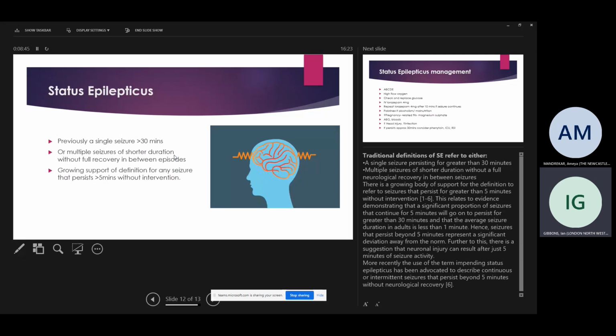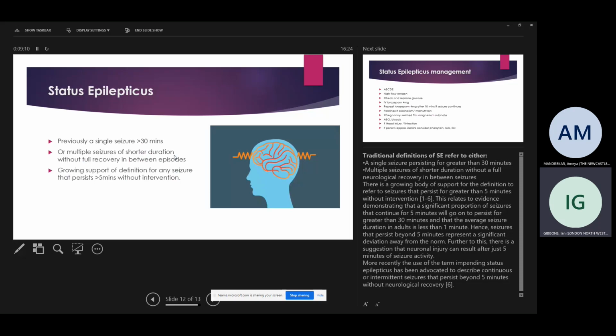So I'm just going to think here a little about status epilepticus. A lot of the traditional definitions focused around a seizure going on for more than 30 minutes or multiple seizures of shorter duration without full recovery in between. As new evidence has emerged, there have been some changes in these definitions, and there is more discussion around how we should